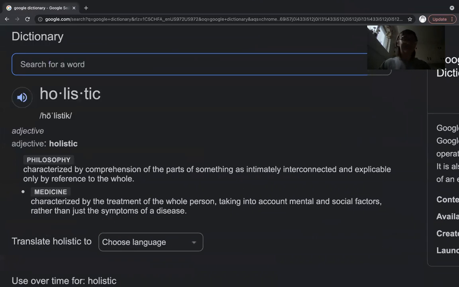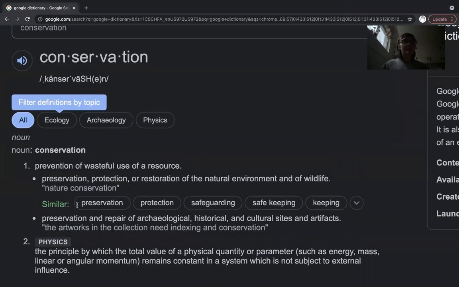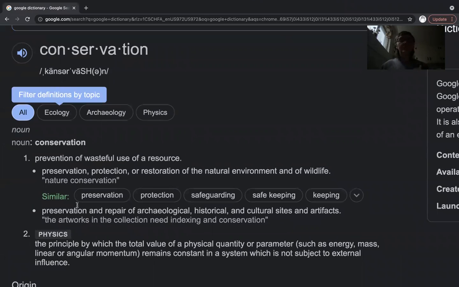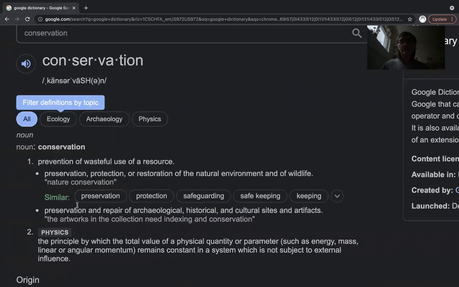Ooh, not donservation, conservation. Conservation. So it says preventing of wasteful use of a resource. So when we're preventing the wasteful use of a resource, it means that you're not, oh, it got dark all of a sudden. Sorry, I can't tell how dark it is in my apartment. So it tells you